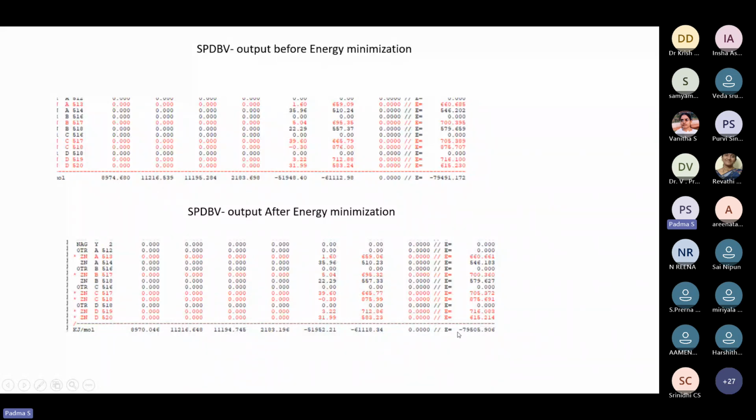Now, which is lesser energy between these two, 79491 and 79505? 79505 is lesser energy compared to 79491. So this molecule has undergone an energy minimization. Once the molecule has undergone energy minimization,